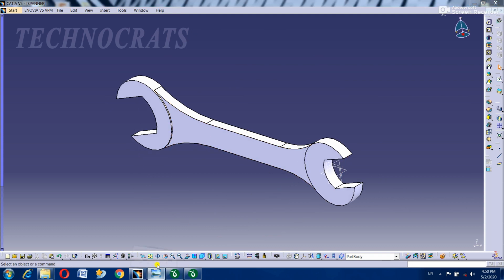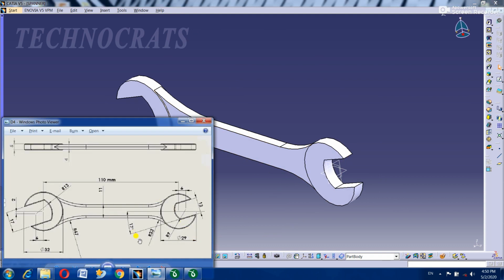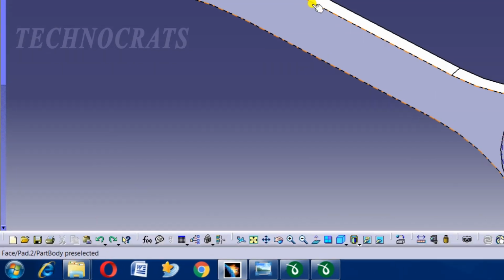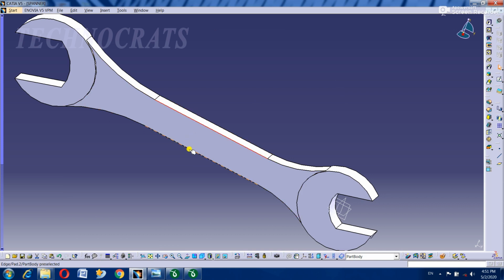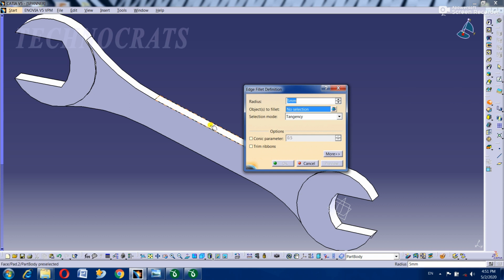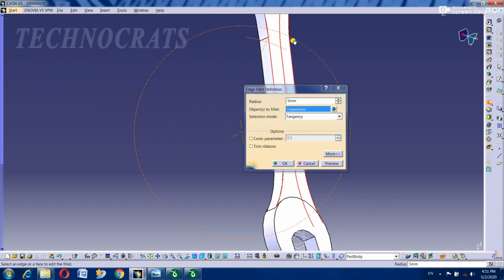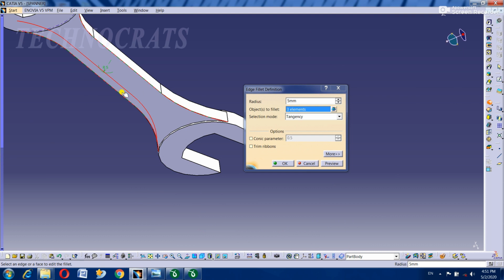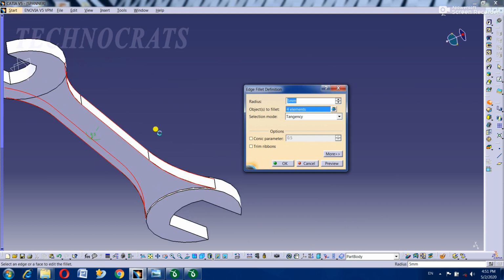Now we have to fillet the edges. So what is the fillet? See here, the fillet radius is given R2 for these four edges: first, second, third and the backside one. So use this command, select the edges properly, first, second, third and fourth edge.